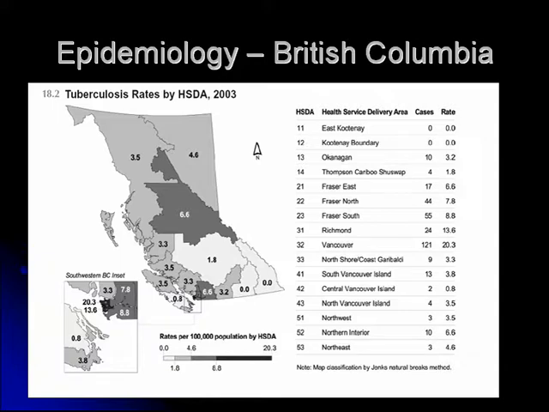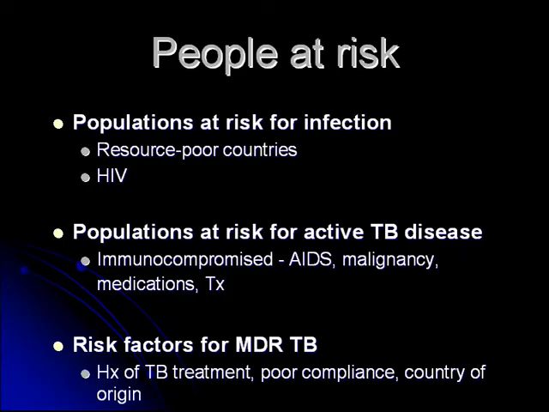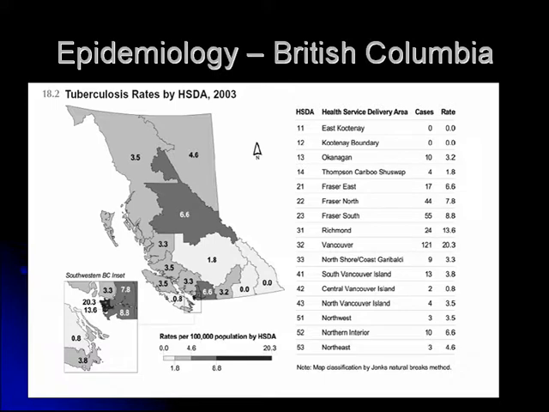You could break it down based on the region, and not surprisingly, the highest incidence is in Vancouver, where there's the highest concentration of immigrants. Other populations where the incidence is higher than the general population are in native communities. Is that provincial rate high for Canada? It is high for Canada. The highest rates of TB are in Vancouver, Toronto, and Montreal, where the highest number of immigrants from India and China reside.